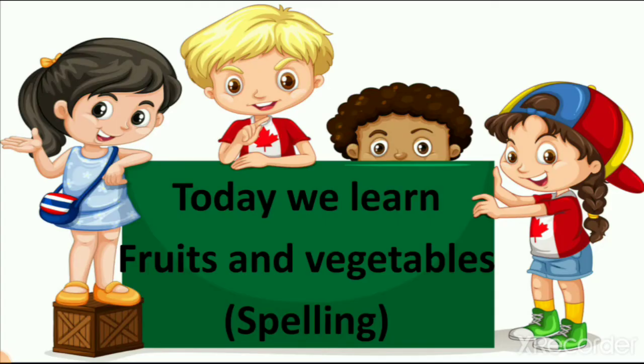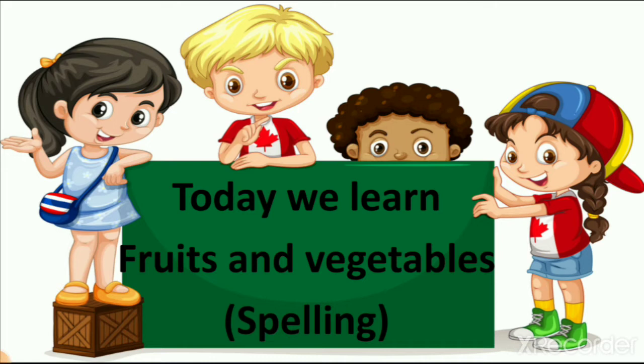So today we learn about fruits and vegetables. We also learn the spelling of these fruits and vegetables, and we tick mark which is a fruit and which is a vegetable. We also write this spelling in our book. We learn about some different types of fruits which we cannot see around us, but they are fruits of the plant. So take your book and pen and start writing the spelling.